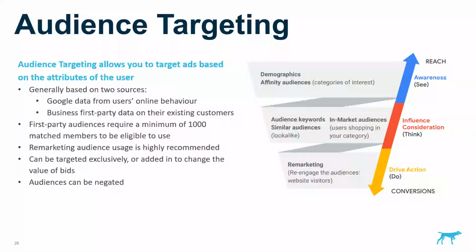It's highly recommended to be using remarketing either positively or negatively across display. The negation is quite an important part as well, because if you've got a product that someone's unlikely to buy twice, you want to make sure they're not clicking on your ads, or if you're paying on CPM, especially seeing your ads, because then you're just paying for someone who's already got your product to be reminded of it.